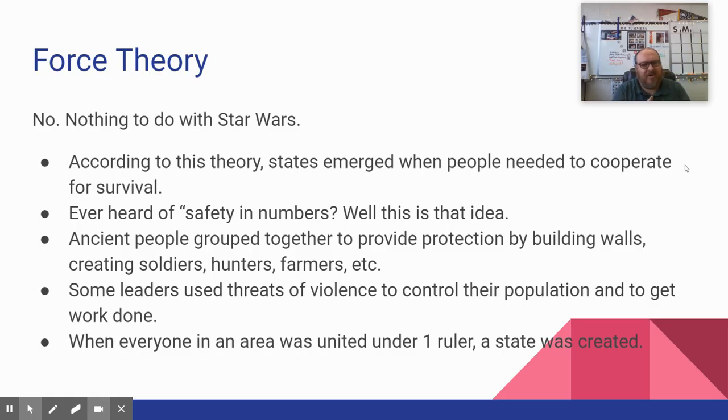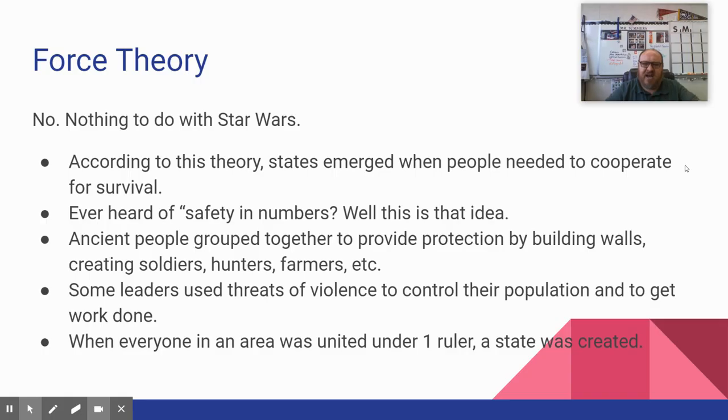There's the Force theory. No, again, doesn't have anything to do with Star Wars. Sorry. But this has to do with people being forced into a situation. Okay. So in this theory, states emerged when people needed to cooperate for survival. And so they were forced into this situation, kind of like the idea of safety in numbers, right? Ancient people grouped together to provide protection by building up walls, creating soldiers, hunters, farmers, all those different roles you